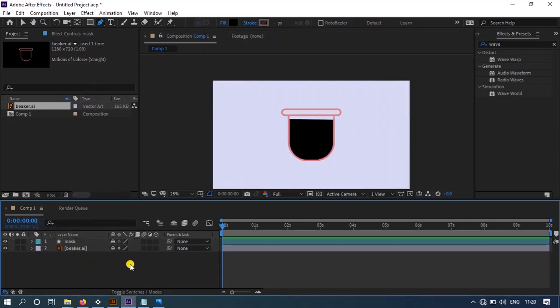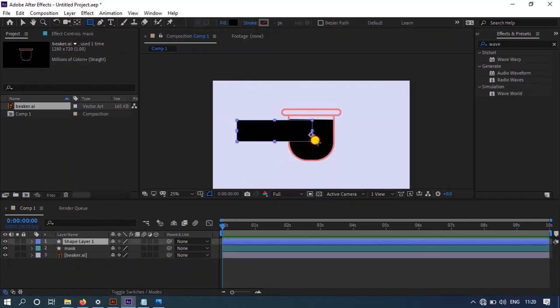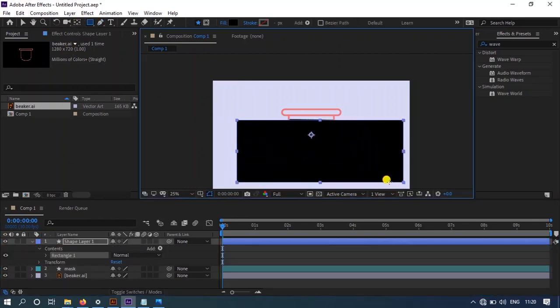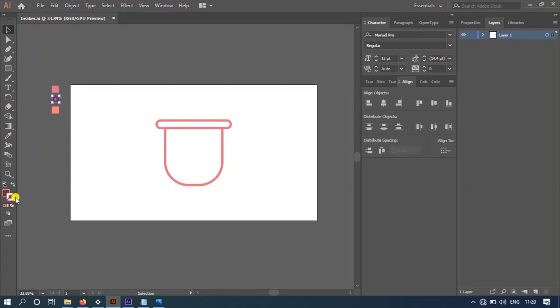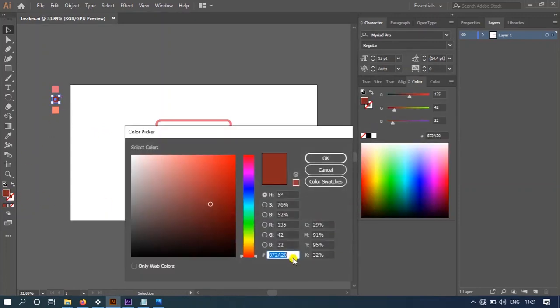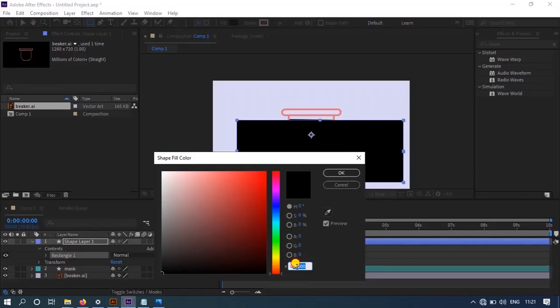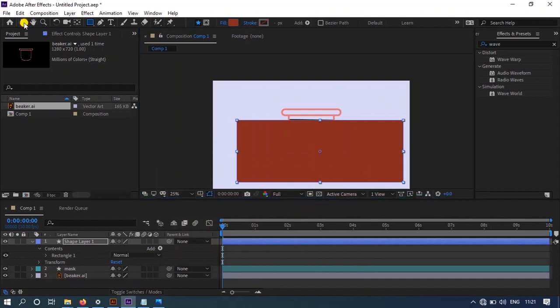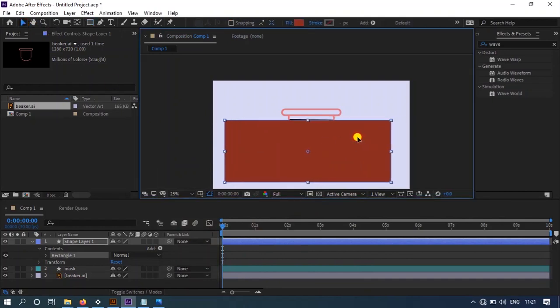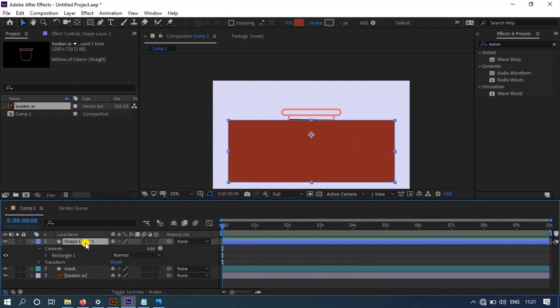And now you have to select the rectangle tool and create a rectangle like this, and now you have to give the color which is in my Adobe Illustrator. I will copy this color and paste it here. And now select the move tool and put it here, and you can change the name